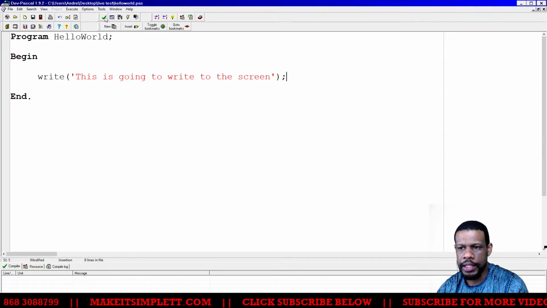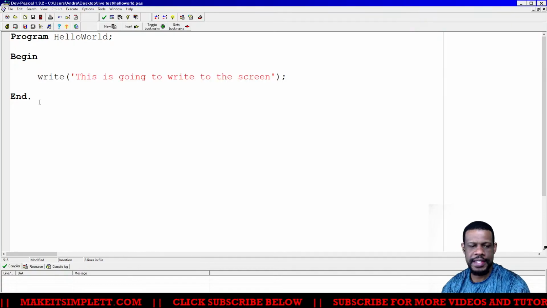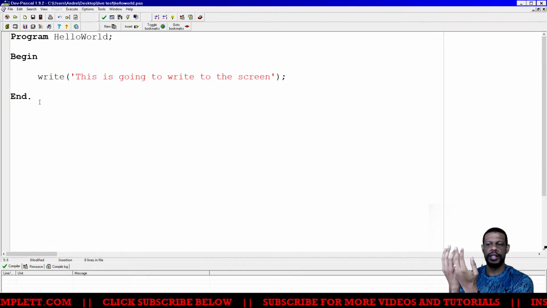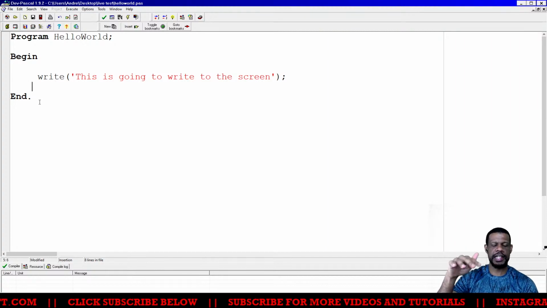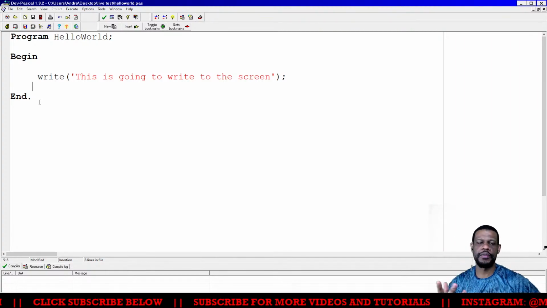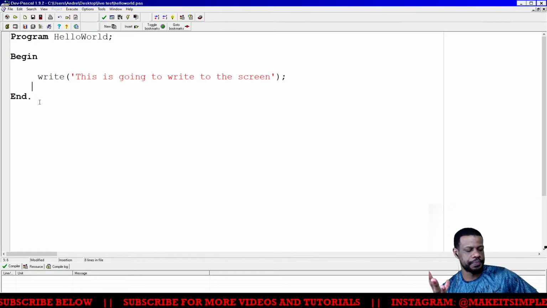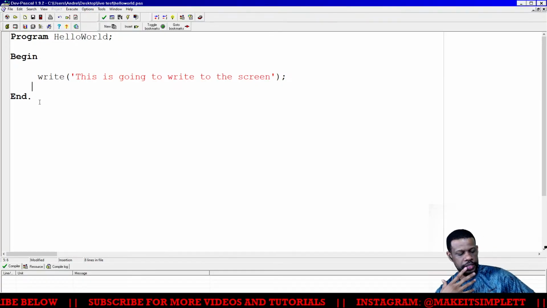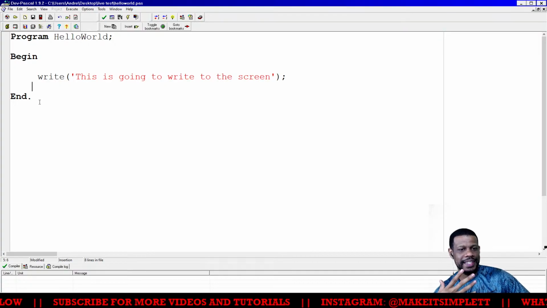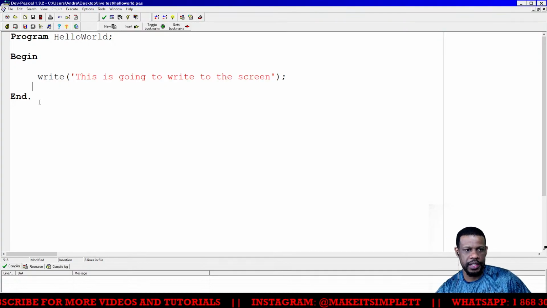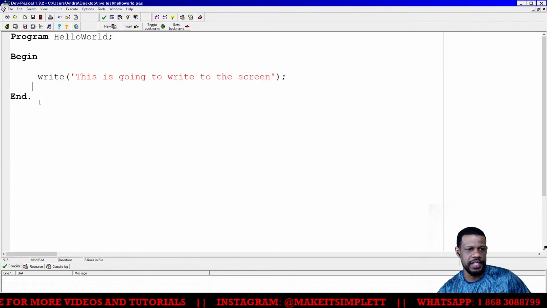So when I do that, my job now is to send all of this information to something called the compiler. The compiler will look at the lines and check to see if it's making sense. So think of it like writing an essay, or some sort of paper that you're giving to a teacher, and the teacher is going to read it. This is exactly what a compiler does. A compiler looks at the lines to see if it makes sense.